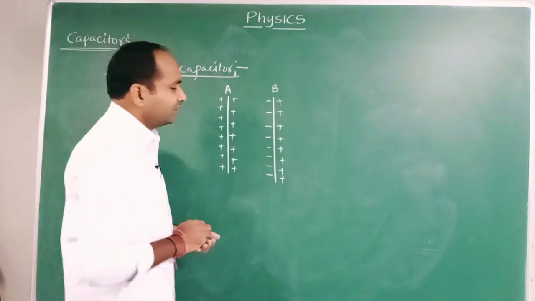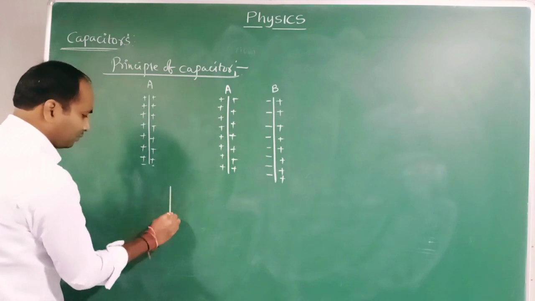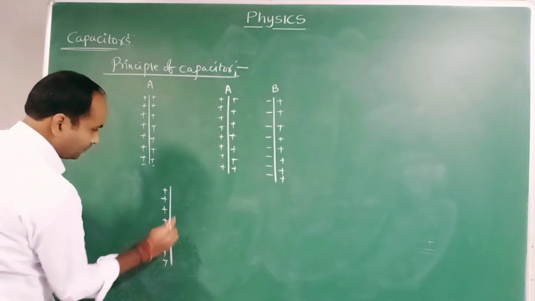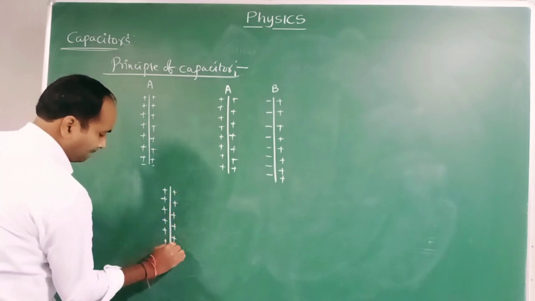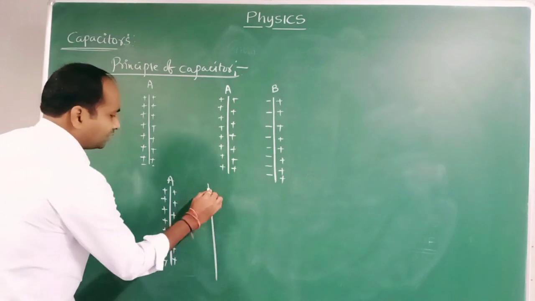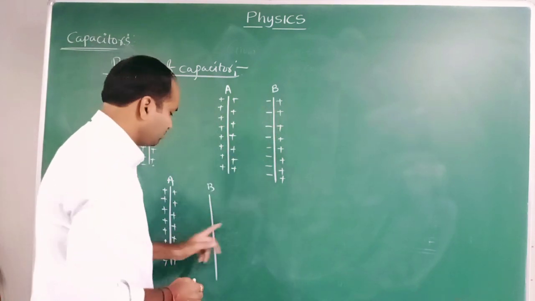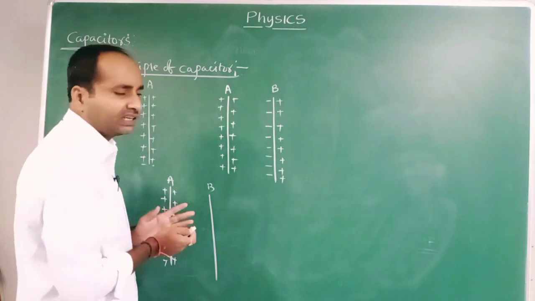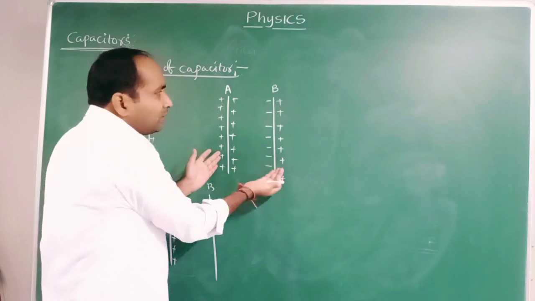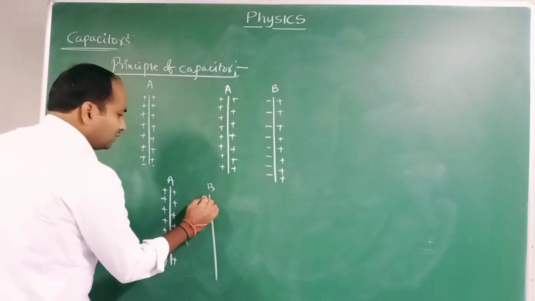Now, this is again the positive charge. This is conductor A, this is conductor B. Due to the negative charge, the potential of A decreases; due to the positive charge, the potential of A increases. But the negative charge is closer, so the effect of the negative charge is more than that of the positive charge, because it is closer to conductor A. And then after,